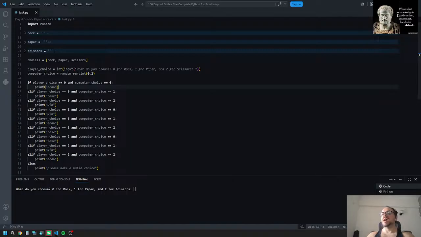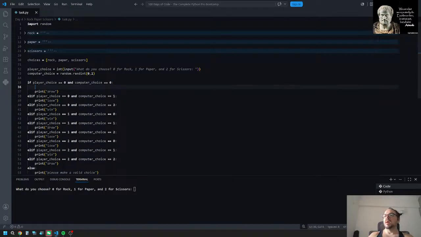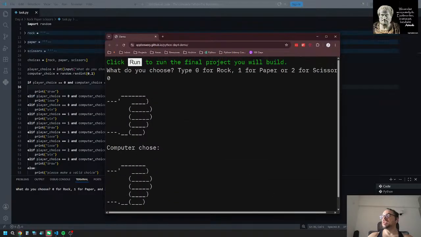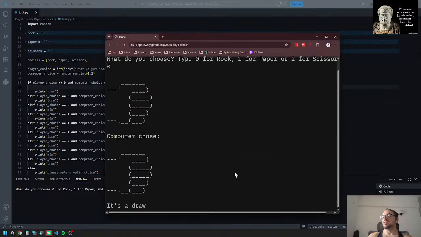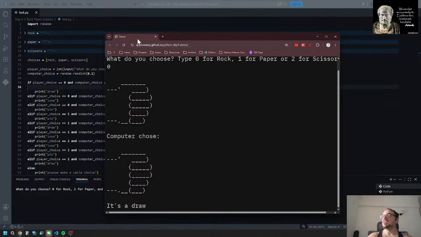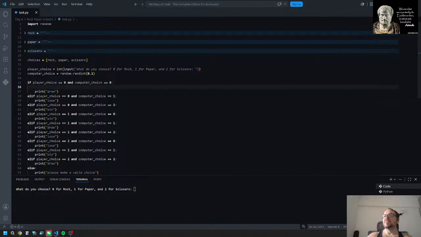so now let's go ahead and input the actual ASCII art. So, player choice 0. In the demo, what did it look like? So you saw the choice. Oh, you see the ASCII art, right? You see the ASCII art, and this is computer chose, and then you see the ASCII art, and then you see your input, just the ASCII art, and the computer chose, and then the outcome. So if player choice equals 0, so here we're gonna